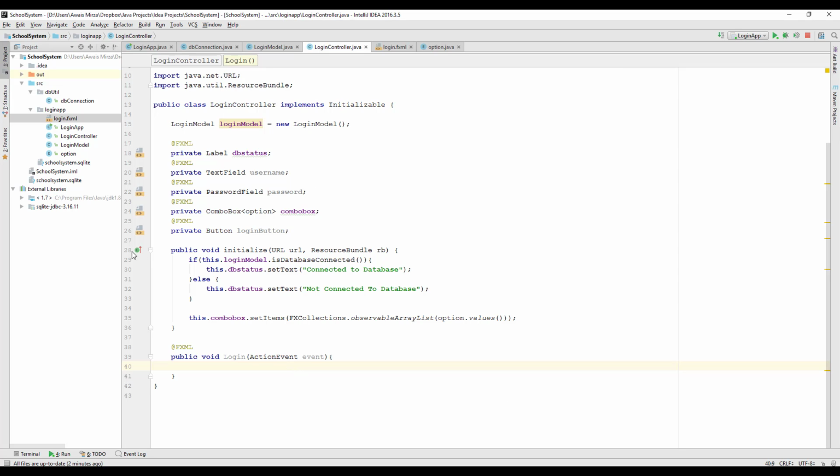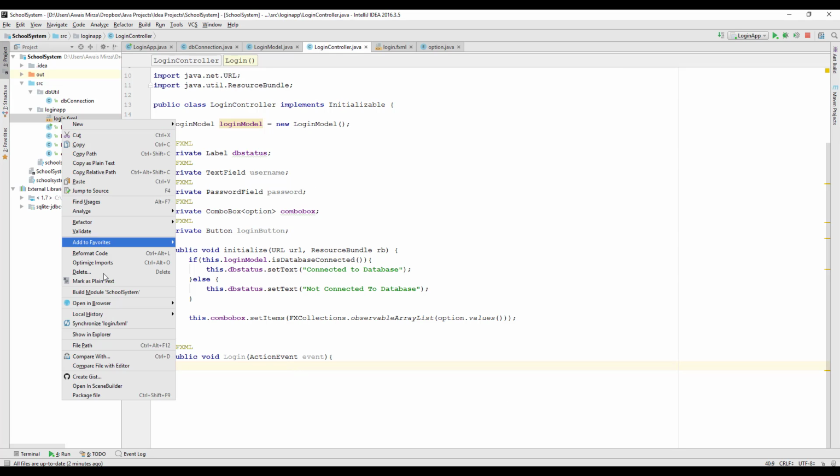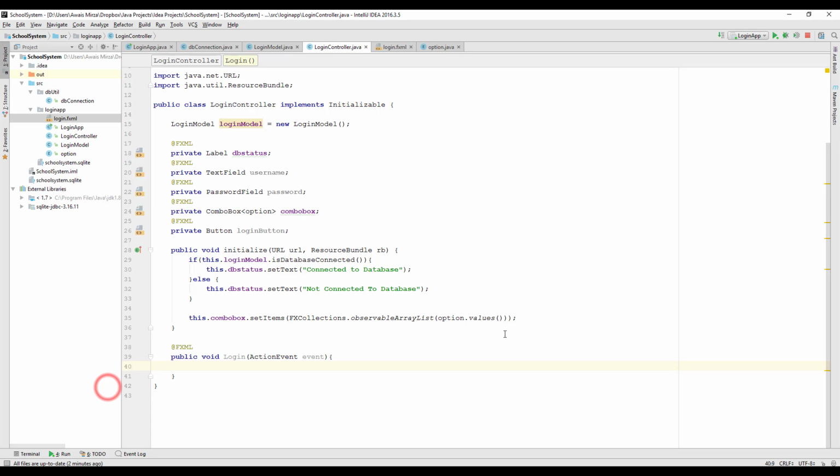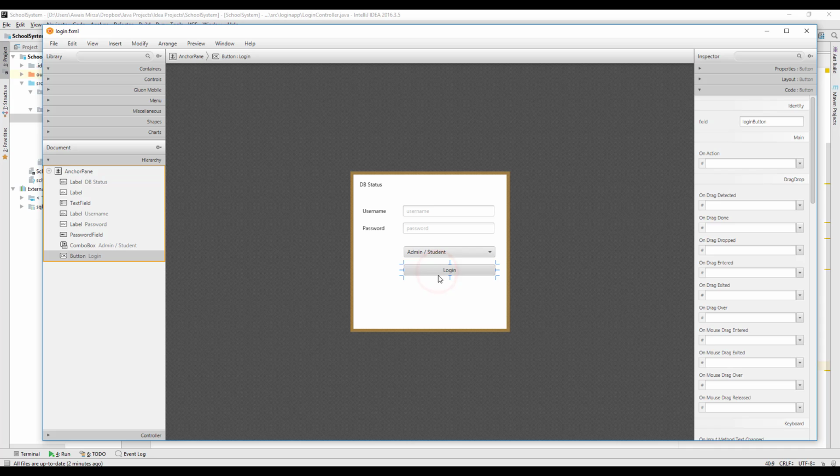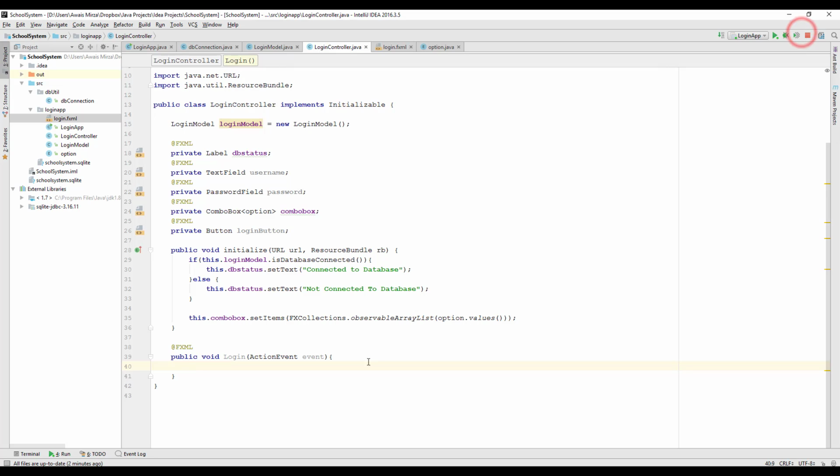Now let's go back to the FXML file, open that in Scene Builder, and click on this button, and then I'm going to select the login on action event. So on action, if I click on this button, it should run this code. So login. Let's save the file, close it, and inside that there's a bunch of code we need to write. But first of all,